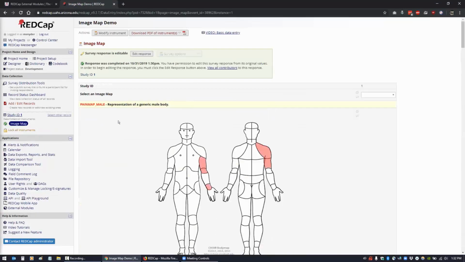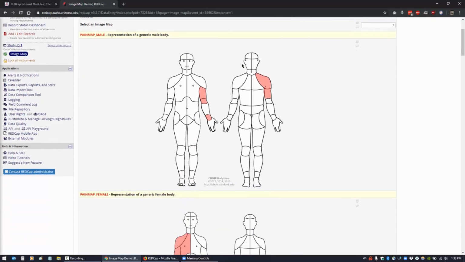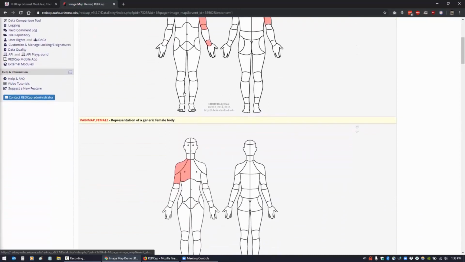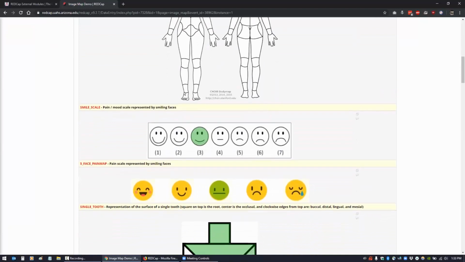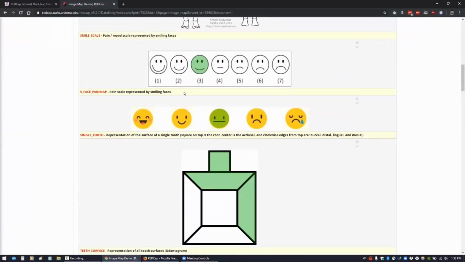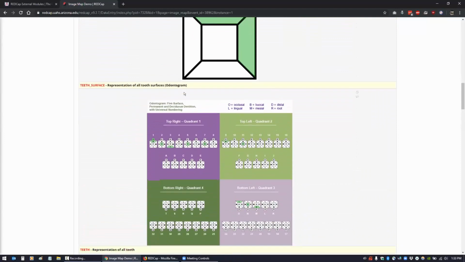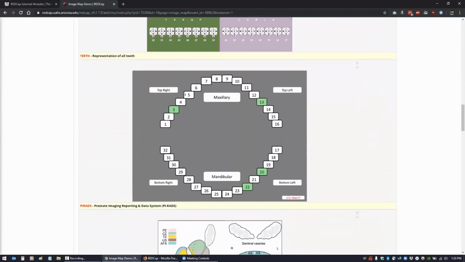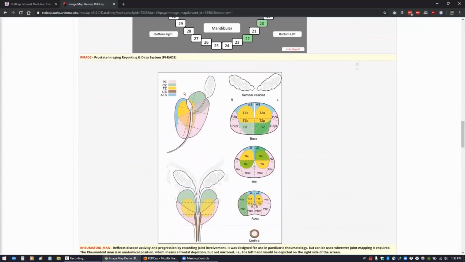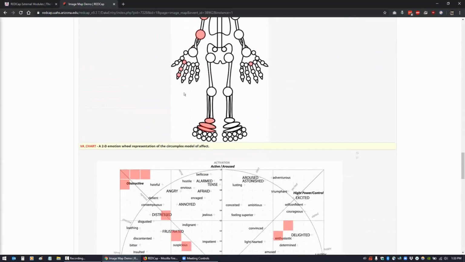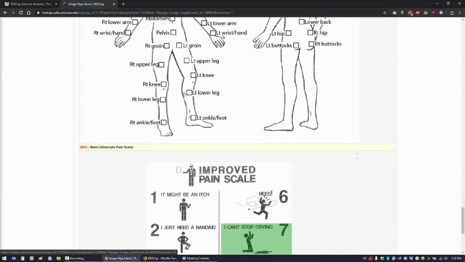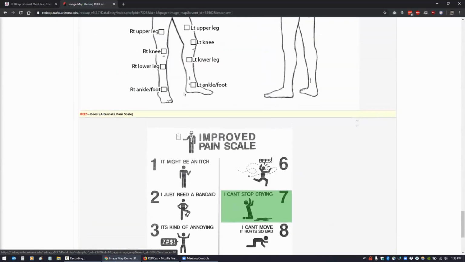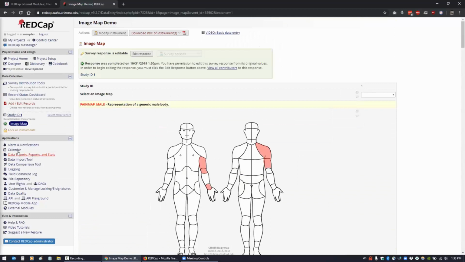And in the actual form, you'll see here all of the values that we selected. So what it does is it puts that image, or the values, in the image in the record so you can just see them visually, even if you're checking for data. But whenever we export the data, you'll see that it's stored as text. So now if we go to the data export,